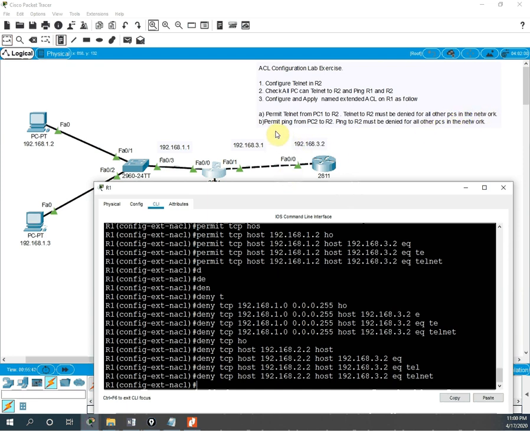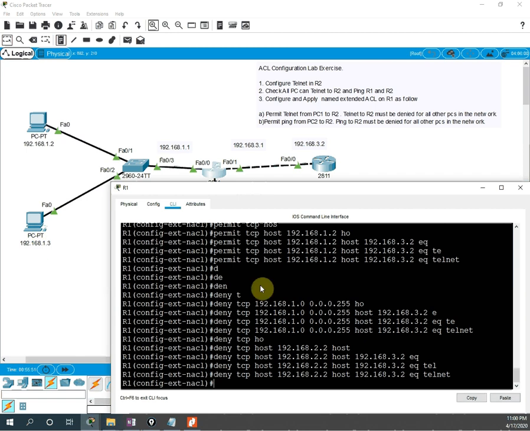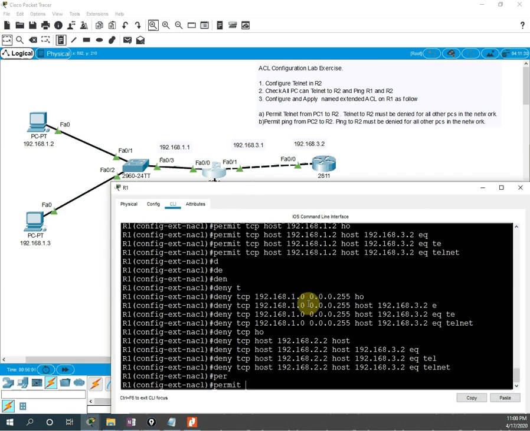Now we will go for the permit ping for PC2 to R2. So for PC2 we need to allow the permit. What I can do, I will write permit, then PC2. What is the IP address for PC2? First of all we will write TCP.